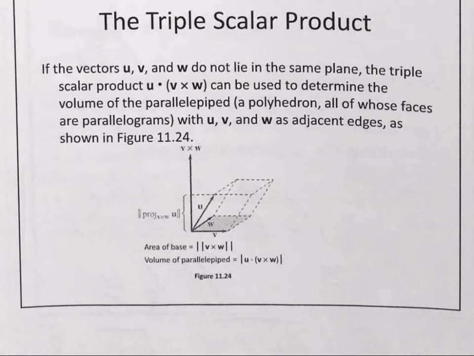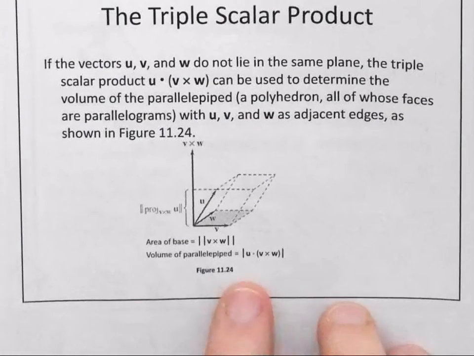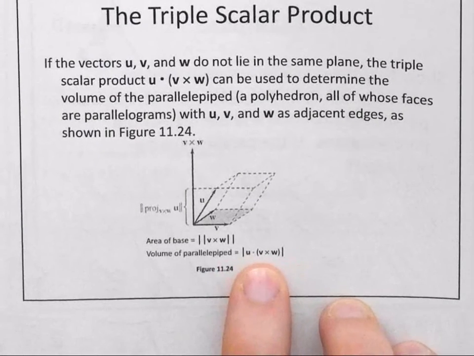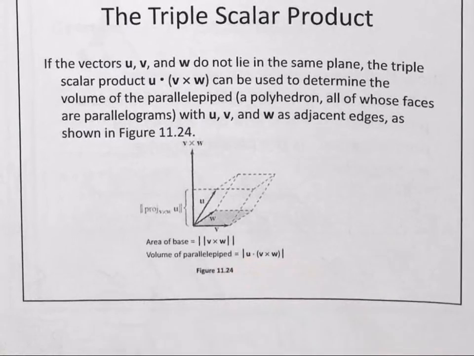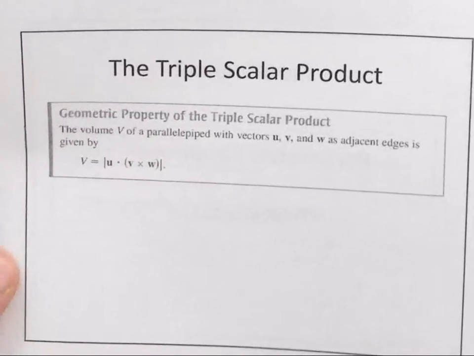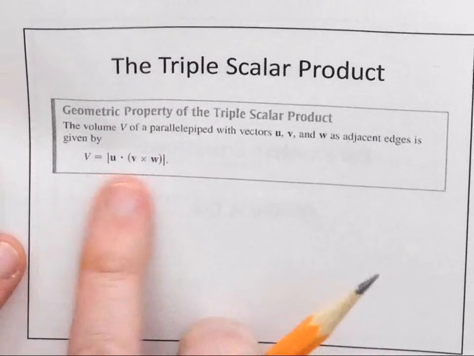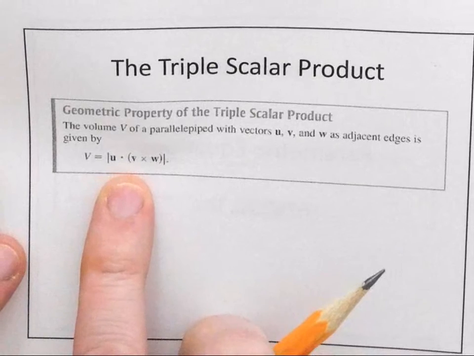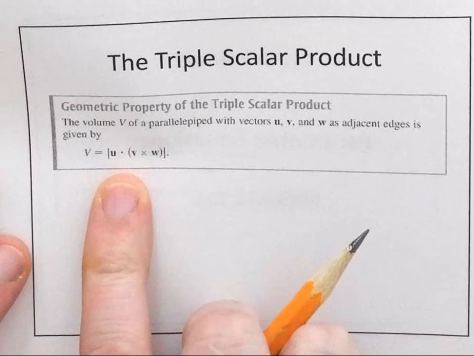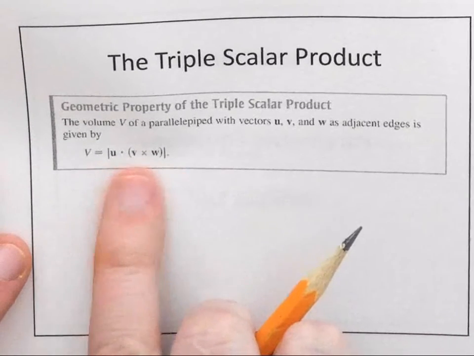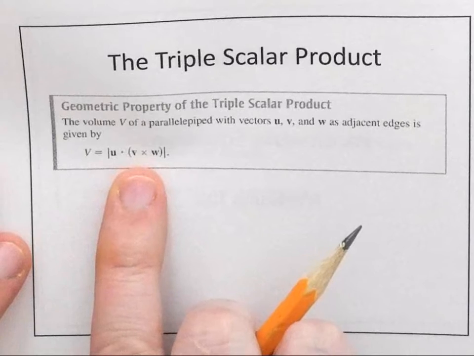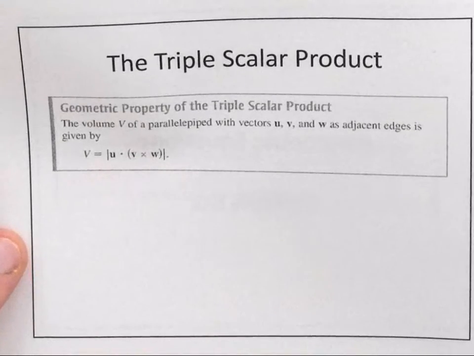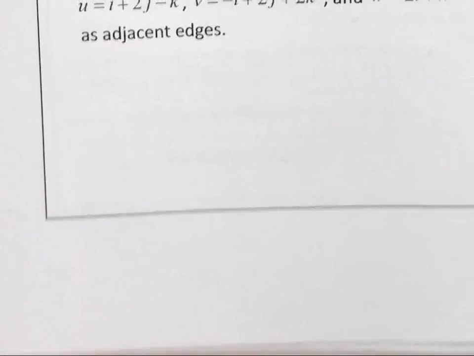But the nice thing about all this is because of that, you can actually just take the absolute value of that triple scalar product. In other words, that's just the absolute value of that determinant. So if you ever need to find the volume of a parallelepiped, and you will, you want to find the determinant of the matrix formed by these, and then do the absolute value. So if I have this one,